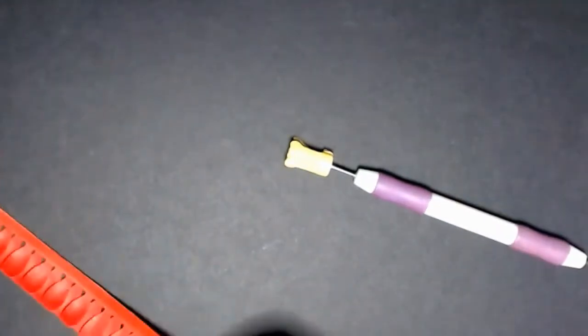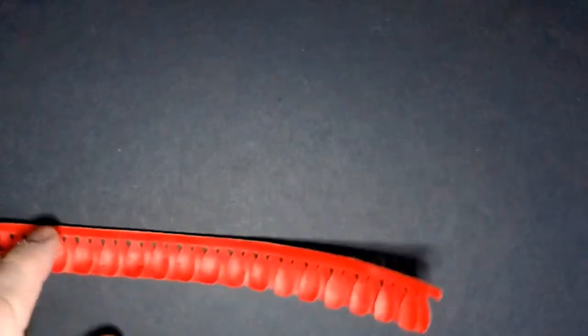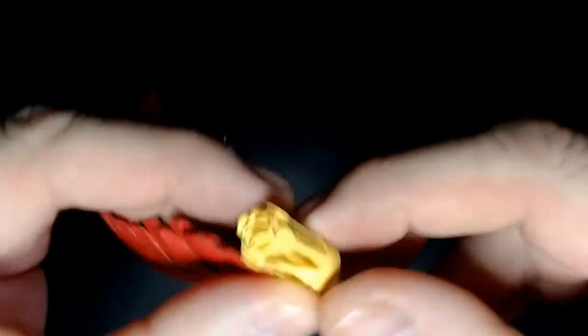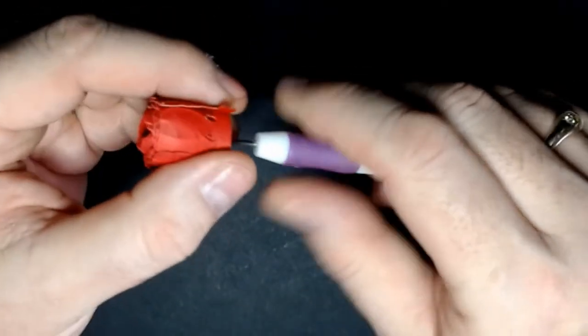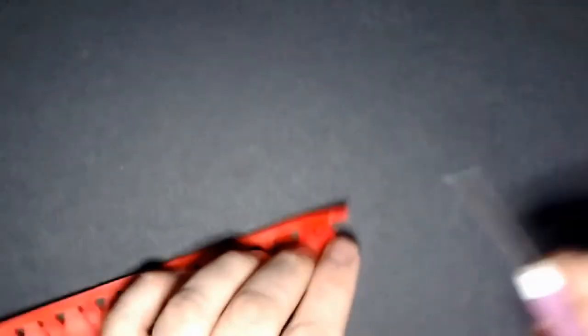Okay, you then take your small petals and do exactly the same. Take the red tape off, and then where the join is, I don't know whether you can see that yet, you just put it next to that join and you do exactly the same, just turning it, a bit of pressure just to make sure that it actually takes and sticks very firmly. You can do this with glue, which I have done, but it is quite messy, I must admit. So, and I should think you would be able to do it with a normal tape. Okay, as you can see, and then you get your final one, which is the